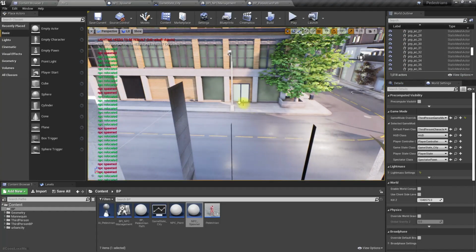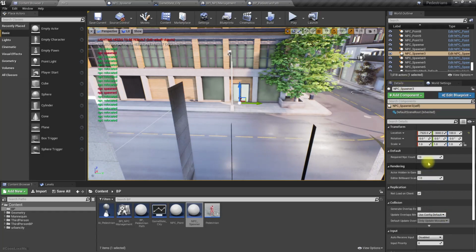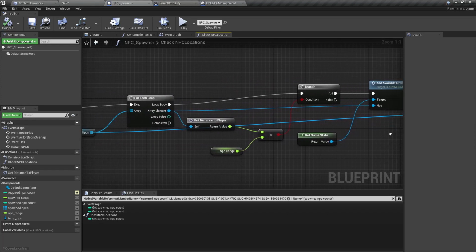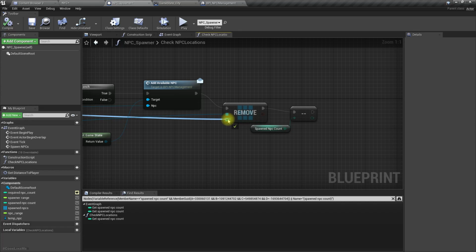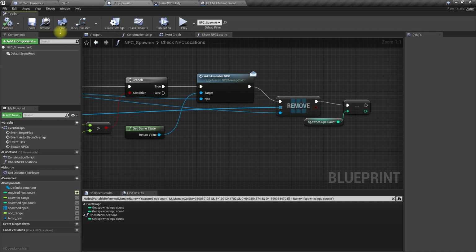Let's see. Required NPC count is 10. Sorry, here I haven't connected this one to remove. So yeah, that should be the issue. That's what causes it to infinitely spawn